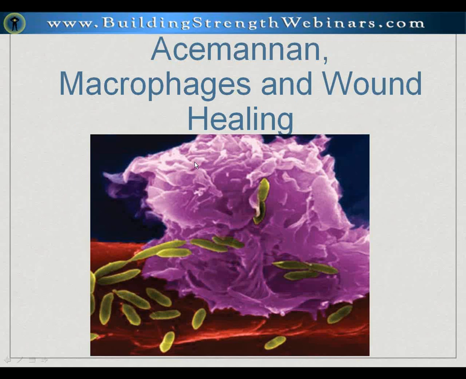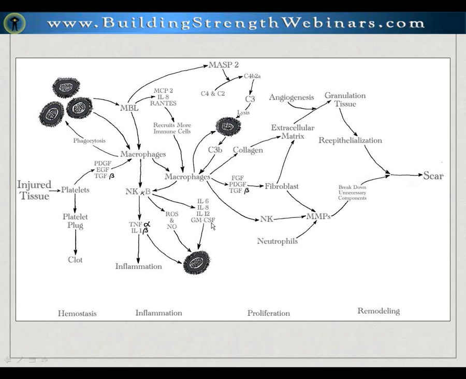And since Danny here is a plastic surgeon, I'm going to let him run through this part. You'll notice that nature doesn't waste its tools. It uses the same cytokines, the same macrophages to help heal wounds. And we have 4 different stages that wound healing goes through. And Danny, why don't you walk us through this one?